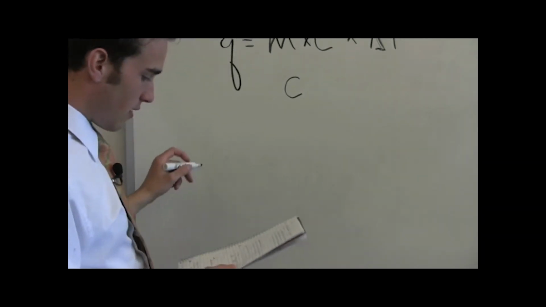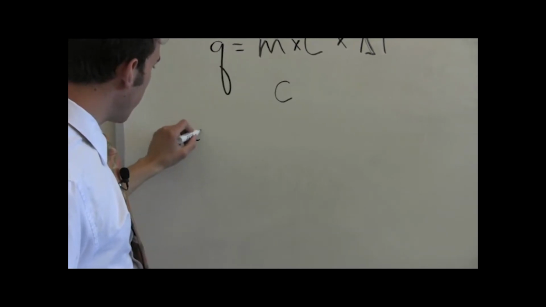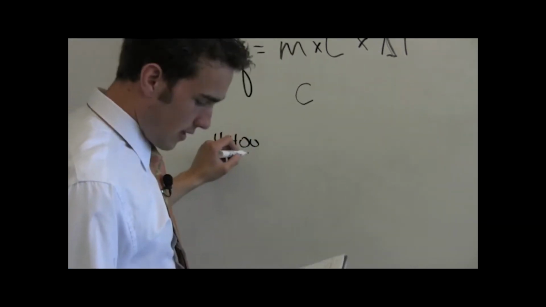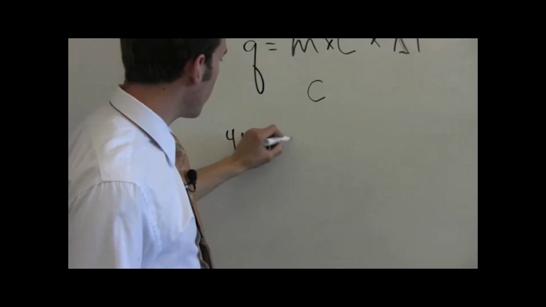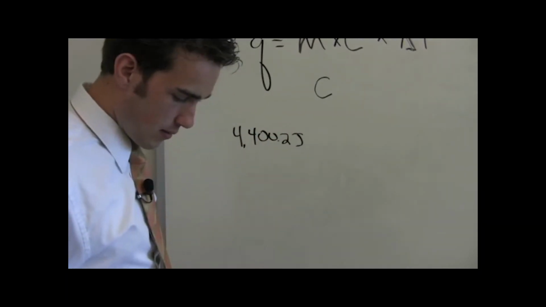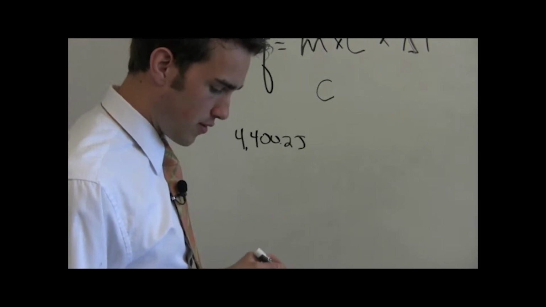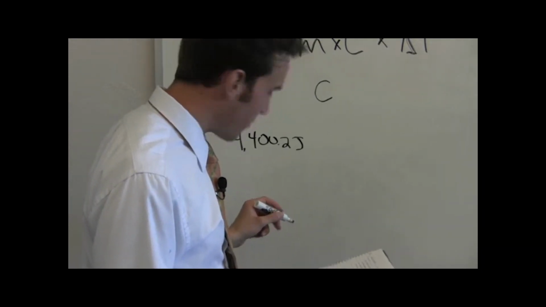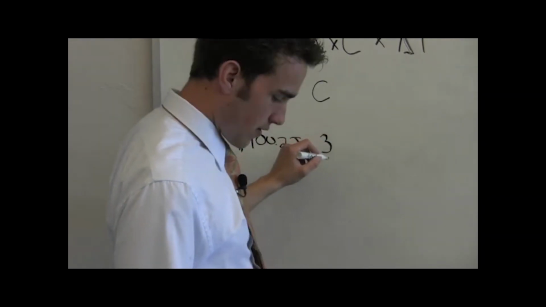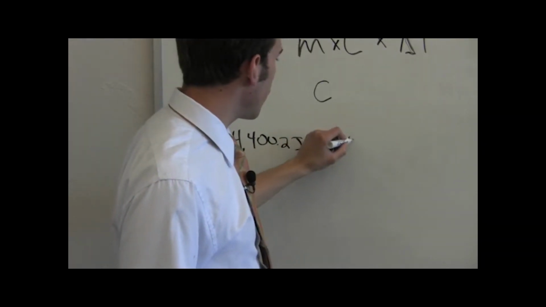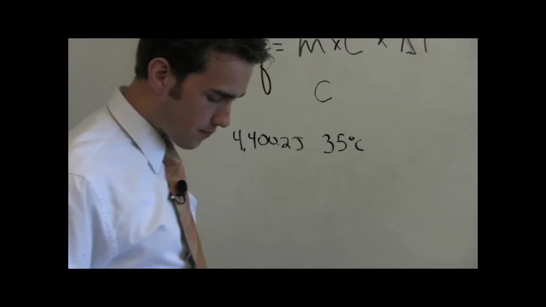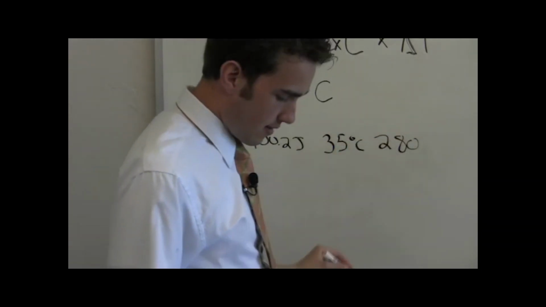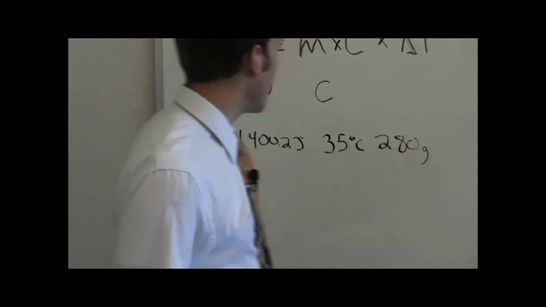So if there are 4,400.2 joules absorbed with a temperature change of 35 degrees Celsius, and it has a mass of 280 grams,